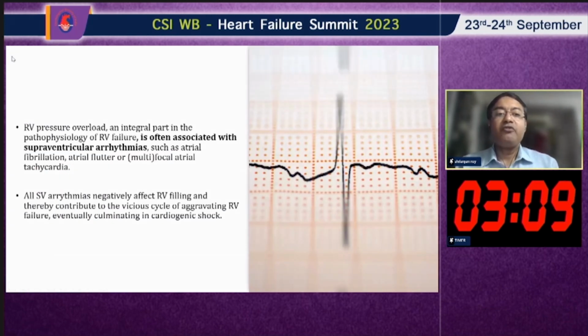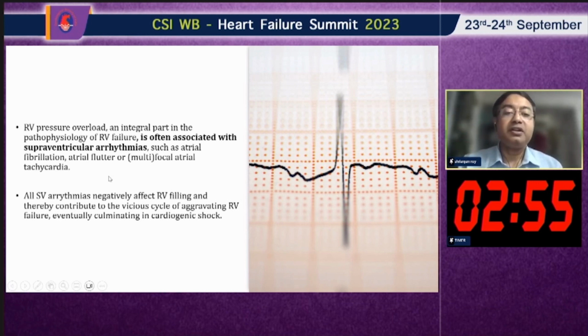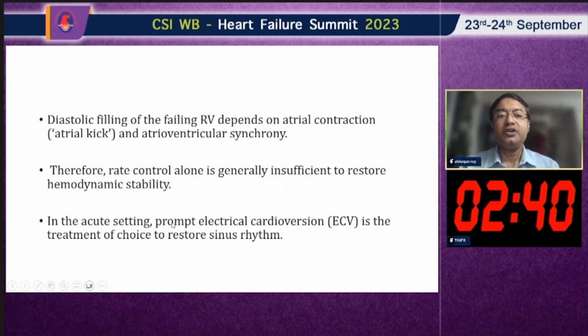Now, RV pressure overload, which is an integral part of RV failure, is often associated with supraventricular arrhythmia, and we have to take care of these arrhythmias, which can further worsen the RV function and the systemic congestion. So atrial fibrillation, atrial flutter, or MAT, which can be associated with RV dysfunction, has to be tackled very rapidly, because unless we control these arrhythmias, it can lead to further worsening of the RV failure, culminating in cardiogenic shock,